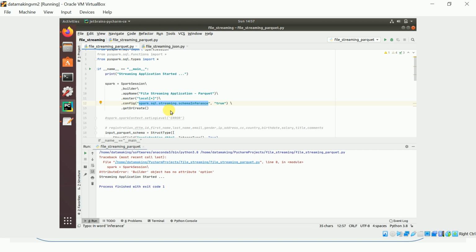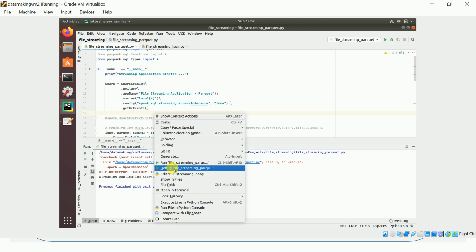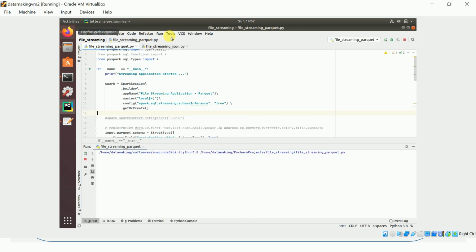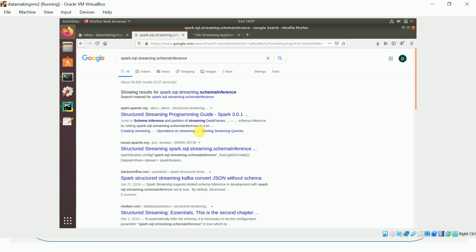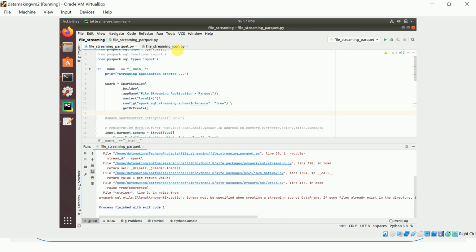So let's run this. Meanwhile, we'll verify in Google. I don't know the exact property name. Okay, it says inference. Okay, inference typo is there. It got stuck.